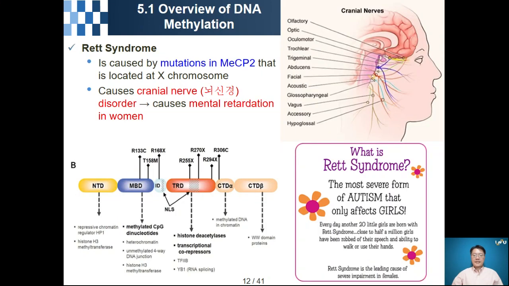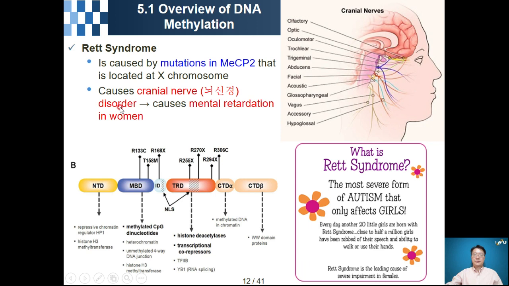So in this slide I will explain Rett syndrome. In the previous slide we learned about MECP2. MECP2 has the MBD domain and the TRD domain, and several other domains. MECP2 is located on the X chromosome. Several mutations can happen in the MECP2 gene, and each mutation causes cranial